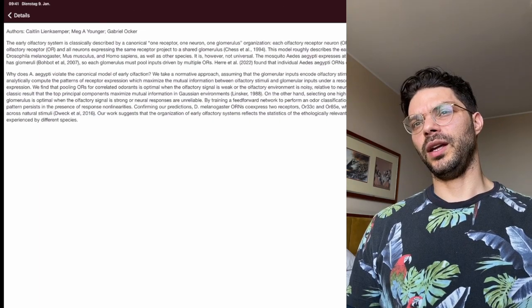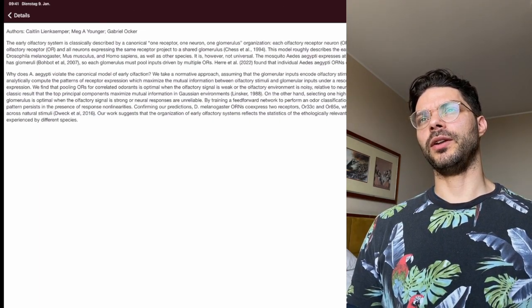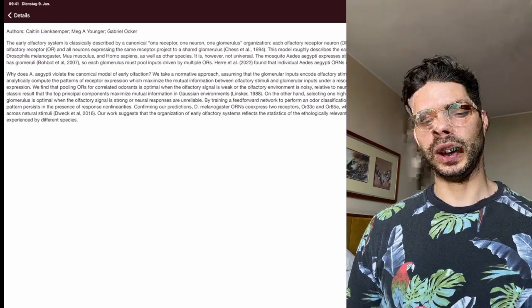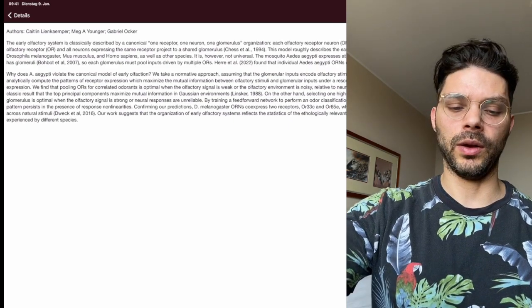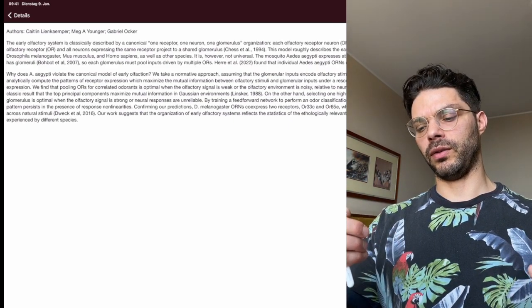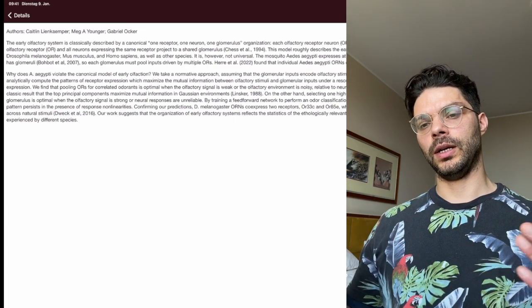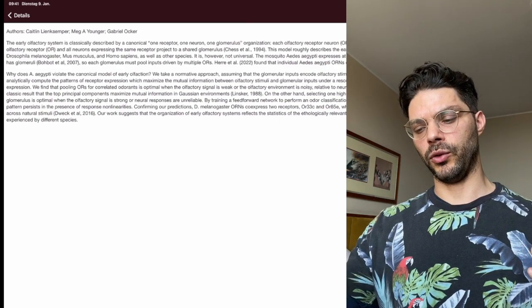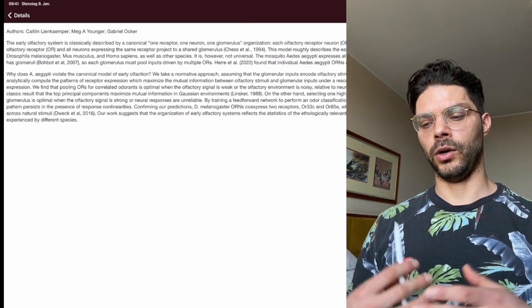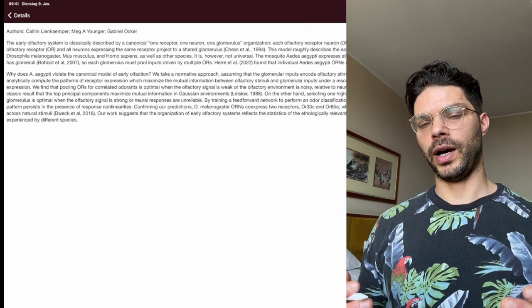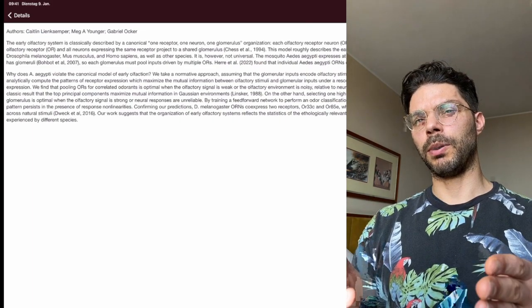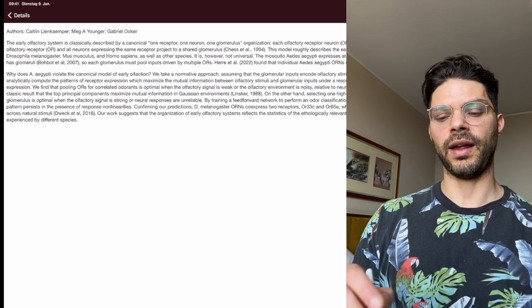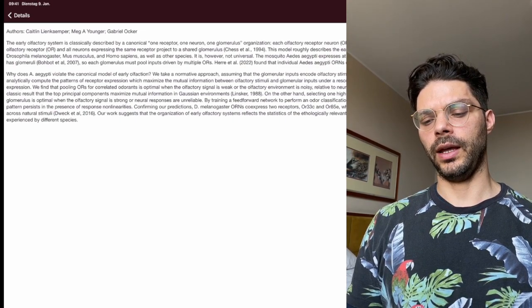Okay, so I think the idea is that there's the concept of efficient coding, which says that if the noise levels are low, then what you want is the output of your receptor channels to be decorrelated, so that each of them gives you different information about the environment in a low noise setting. But in a higher noise setting, you actually might want to keep those correlations because they will reinforce and allow you to extract the signal. So I think what they're saying here is that something like that is happening in the fly ORN.